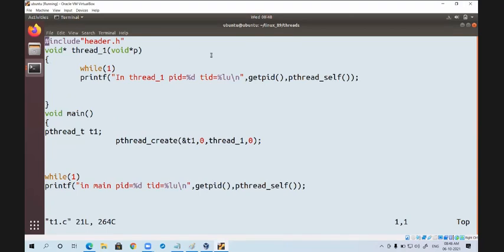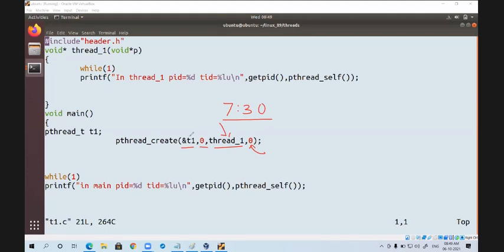In tomorrow's session, same time, 7:30 morning, we discuss what is this argument, which you already know. Some more functions about threads we need to discuss. Thread synchronization using the mutex, we need to discuss it.